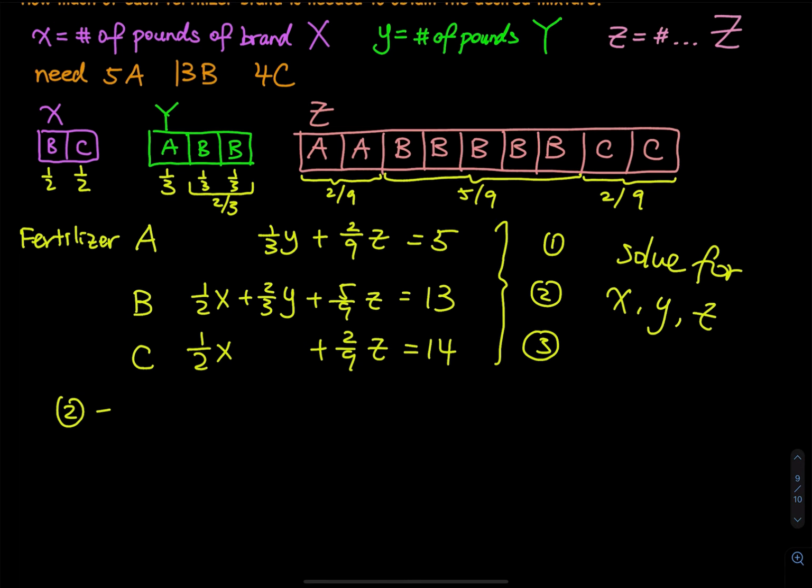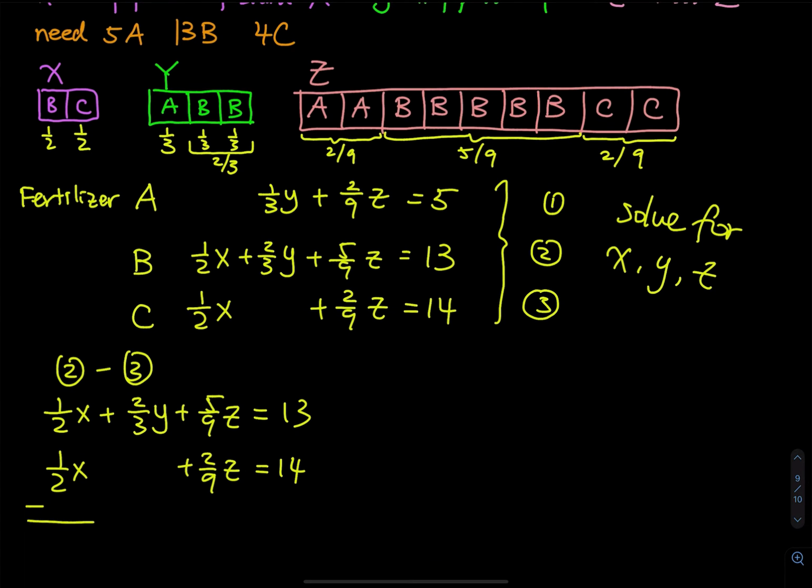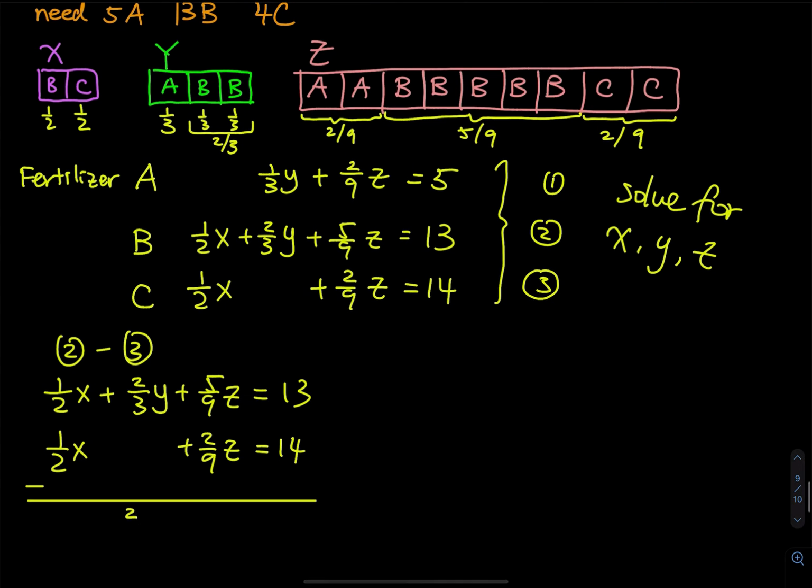So equation 2 minus equation 3. I'm going to copy the equation one more time. So 1/2 x plus 2 over 3y plus 5 over 9z equals 13. This is 1/2 x plus 2 over 9z equals 14. Okay, I am performing a subtraction. And then the 1/2 x is gone, and then this is a 2 over 3y. 5 minus 2 is equal to 3. So this is a 3 over 9z equals to